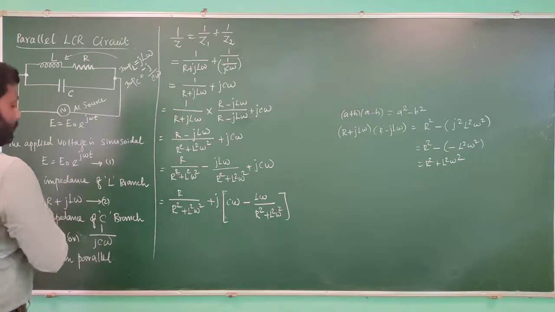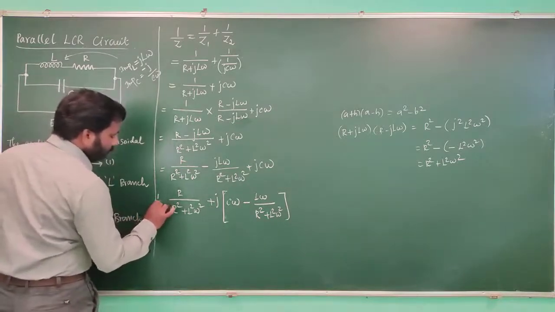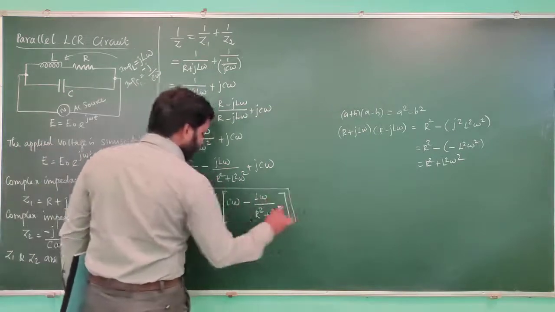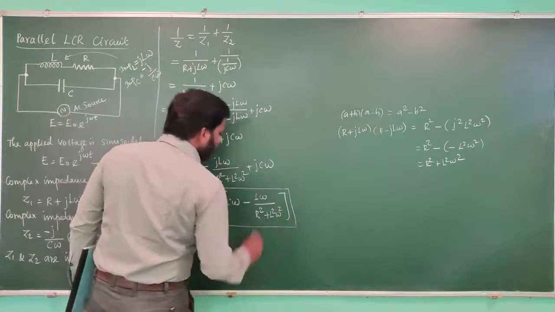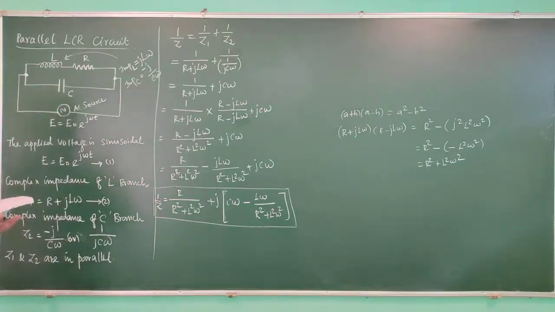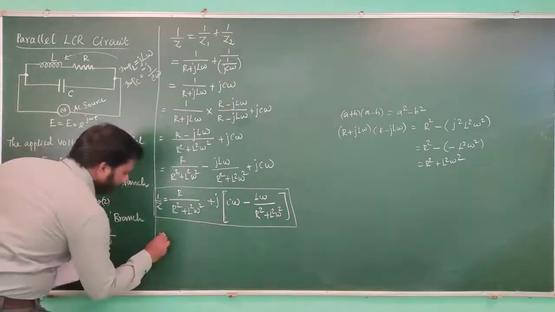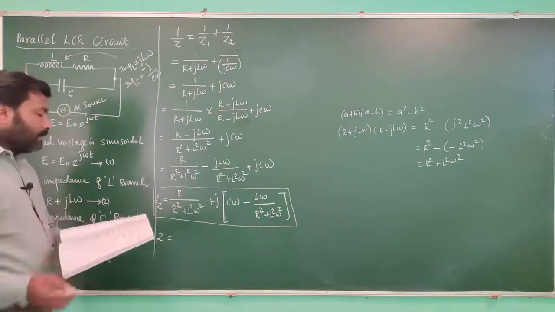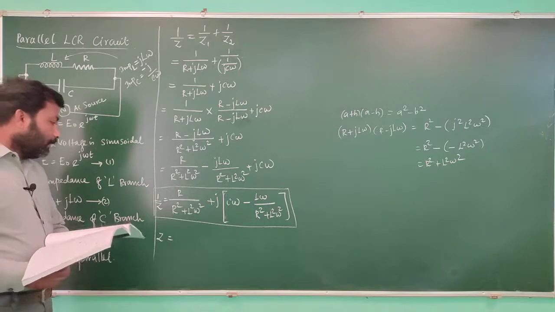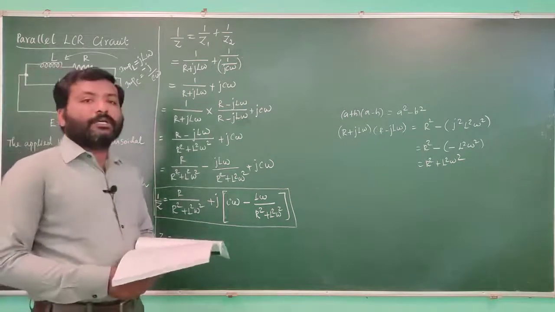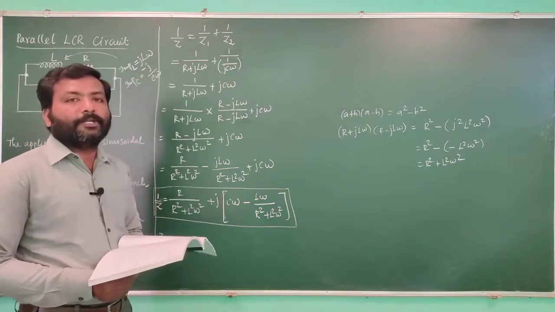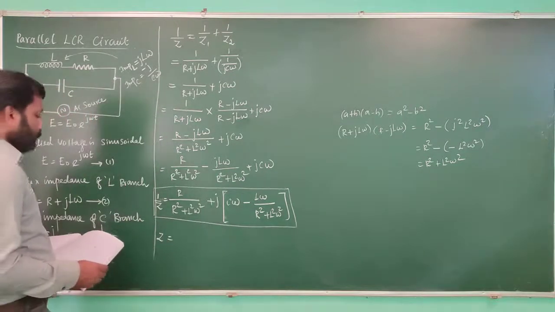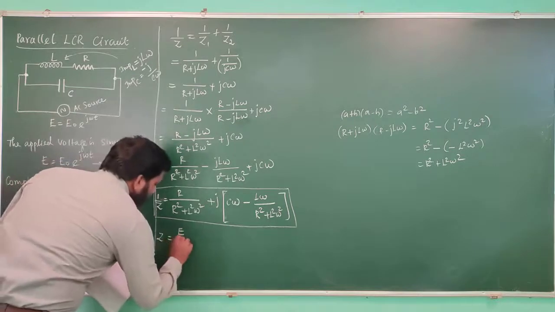Okay, this is nothing but 1 by Z. This term is 1 by Z, and Z is called impedance. We have defined impedance as the ratio of the applied EMF to the current produced. Right? The impedance is the ratio of the EMF applied to the current produced, so that this becomes E by I.